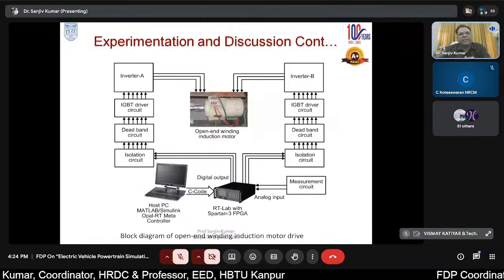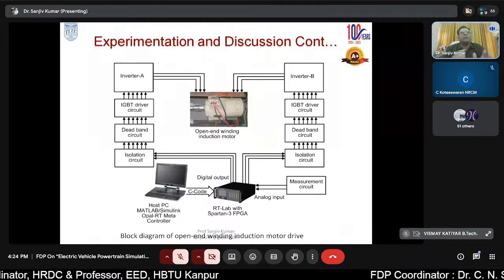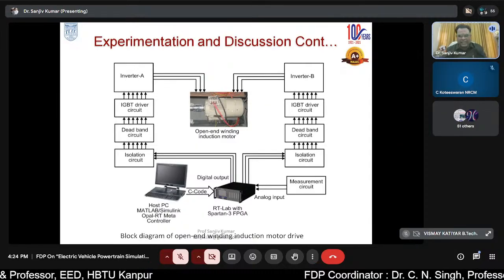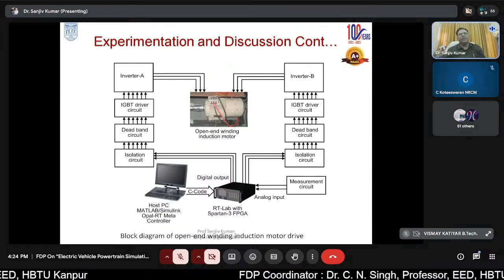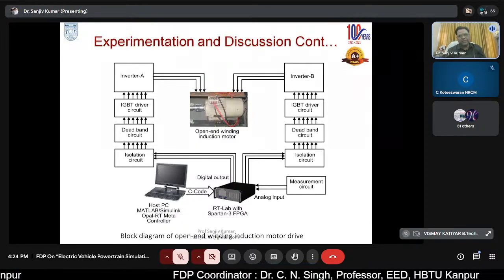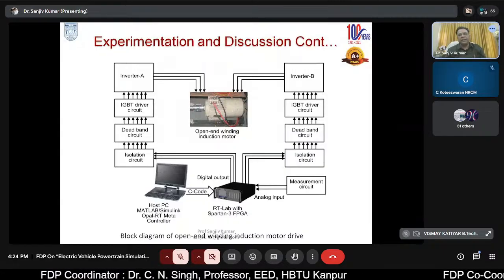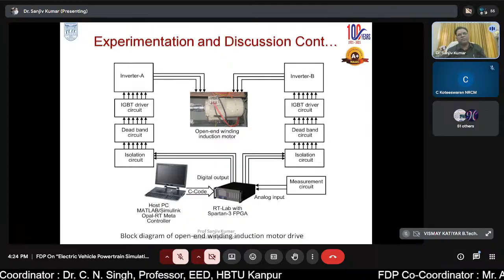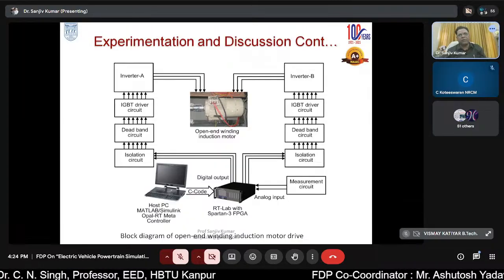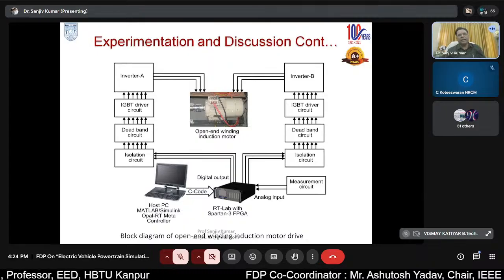And this is the hardware setup. See, I will try to cover as much as I can. The reason is we all are faculty. We have several research scholars. I just throw some ideas, so if you are interested to do something in this, we can collaborate and do something, right?